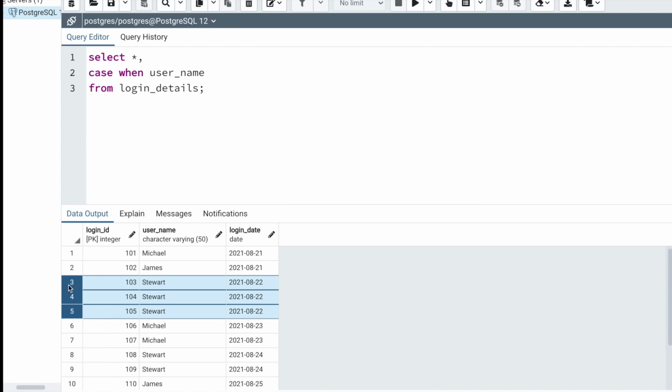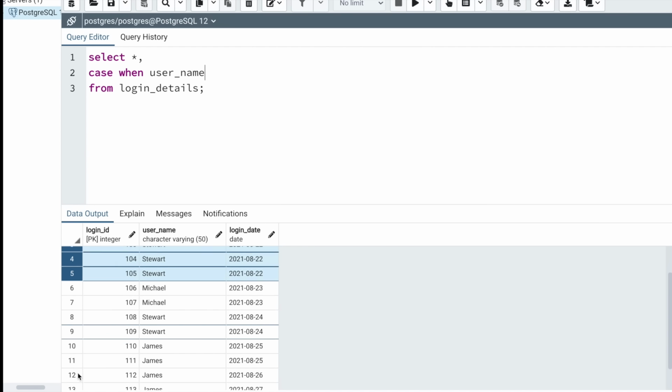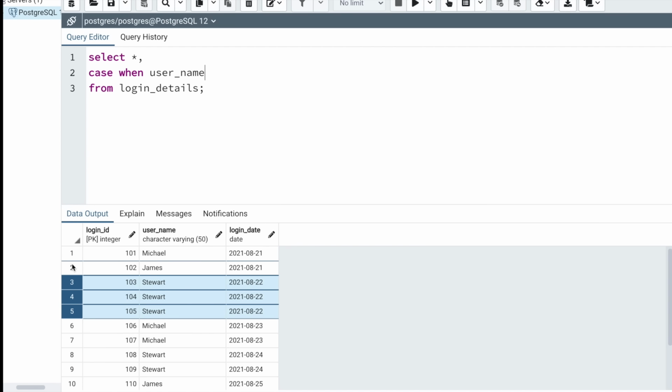Okay, let's imagine. Basically, when SQL processes records, it processes from the first record till the last record. Let's say SQL has already processed the 2 records. Now we are in record number 3, just for the sake of explaining this concept. Now, username in this case would be Stewart, and we are trying to match it with the username in the next record. So in order to find the data in the next record, I can use the function called